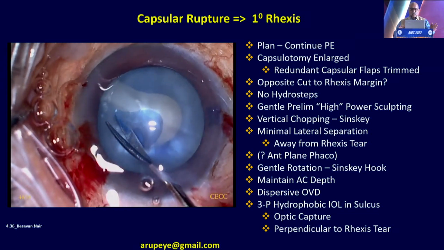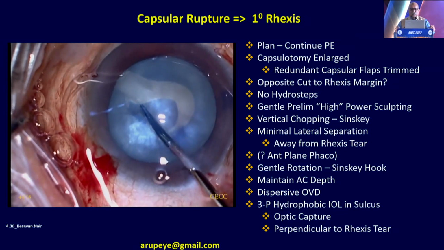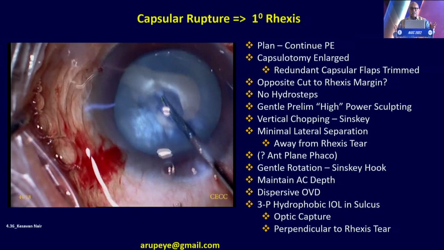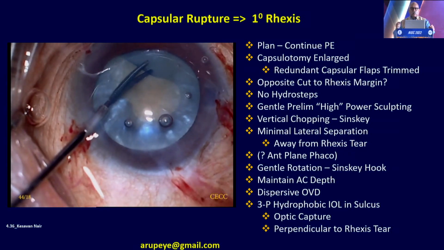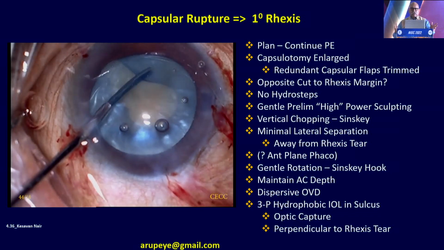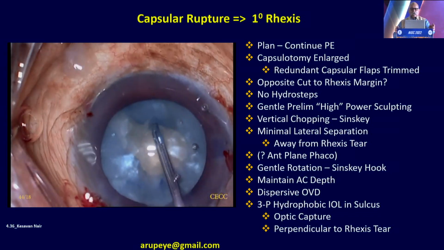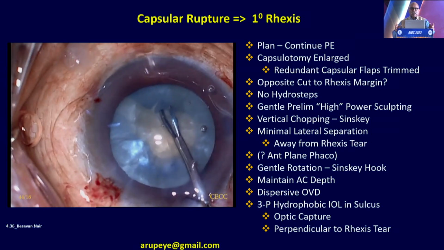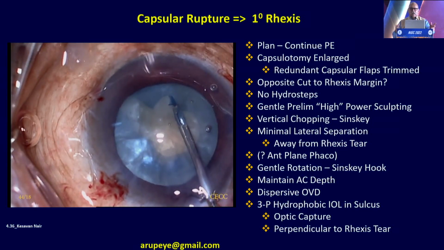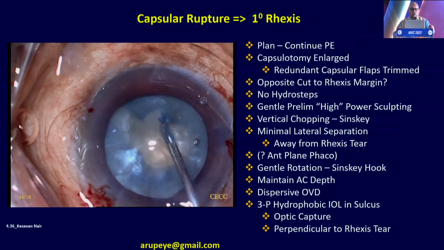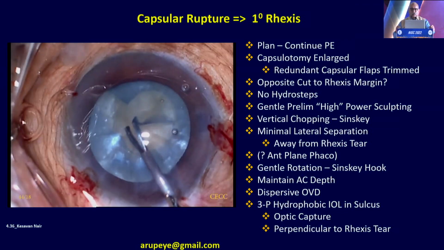In spite of that, the rhexis ran to the periphery. So I decided to continue with phacoemulsification, but in such situations, you require a larger capsular opening because you don't want to put the rhexis tear point at additional stress during phacoemulsification. So the capsular opening is enlarged, and I also ensured that there are no redundant dog earing of the capsular flaps, because they may inadvertently get caught up during phacoemulsification or during irrigation aspiration with undue traction on the capsular